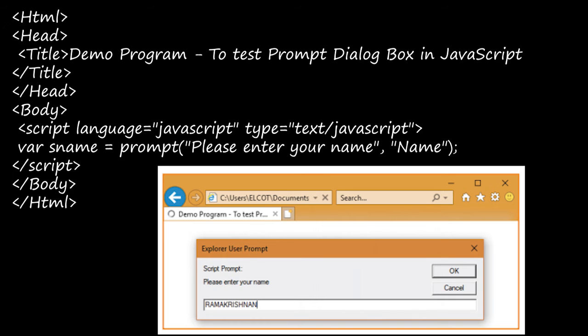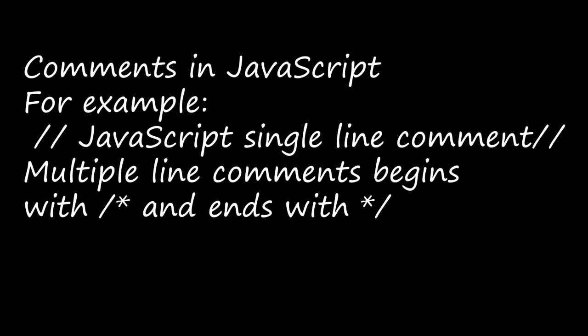The last one in this chapter is comments in JavaScript. This is a very important way of making a good programming style. That means it is to insert a remark, like a commentary. In the source code, if you are writing so many lines of coding, to make it readable to yourself, or if someone is doing the coding after you and needs to know what a particular line is used for, we use comments here, right?